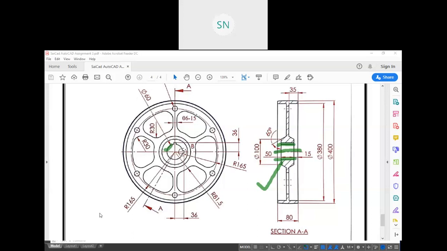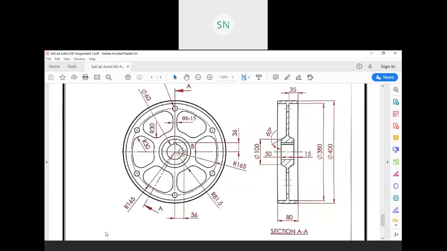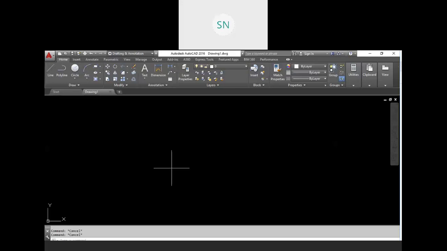So here how much do we have? 60 mm, right? So let me begin from that. Turn your ortho mode on and let me take a line of around 50. That is enough. Then take an offset of 30. We have diameter 60, so we are taking an offset of 30 on the top and also on the bottom. And at the end, if you want to mirror it, just leave the bottom side. We will do the mirror, so we will just focus on the top side.